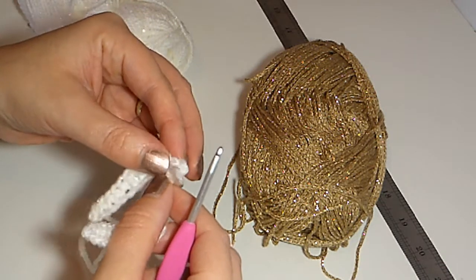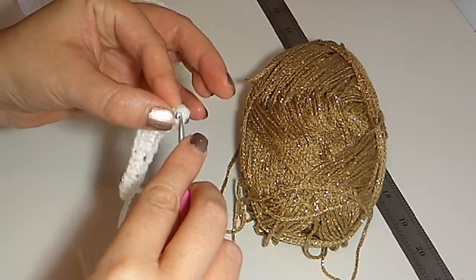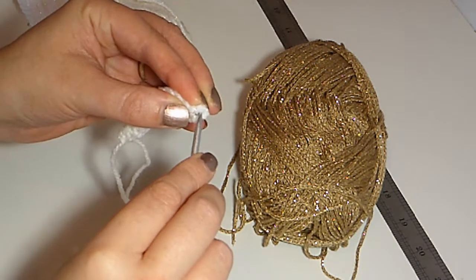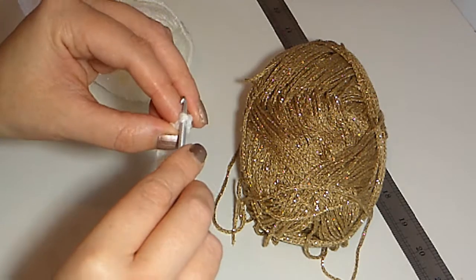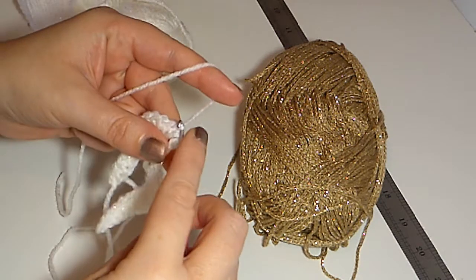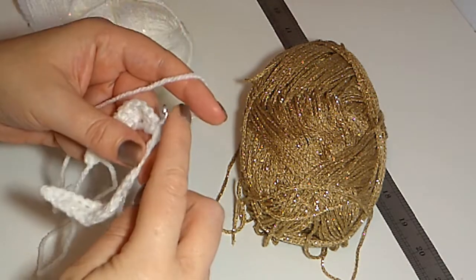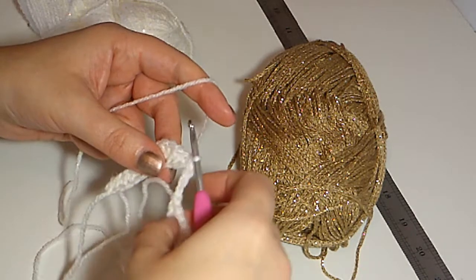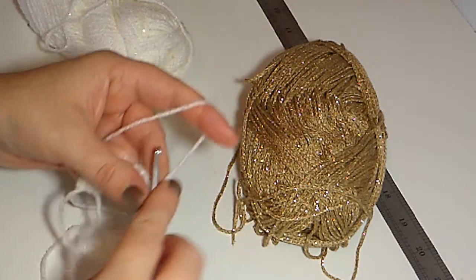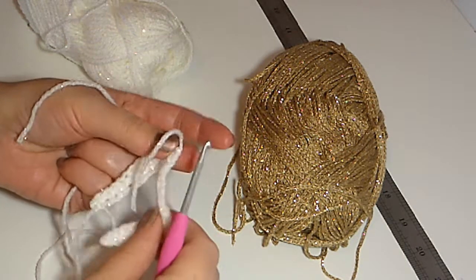So the way I'm going to do this is I'm actually going to insert my hook and insert through at the very top of those two loops, and then I'm going to pick up the yarn, pull through that first loop, and then pull through the second loop that's on the chain. So just pull that through and secure that by pulling on it a little, and then you're just going to chain 1, and then you want to cut and sew these ends in. So just pull that off,